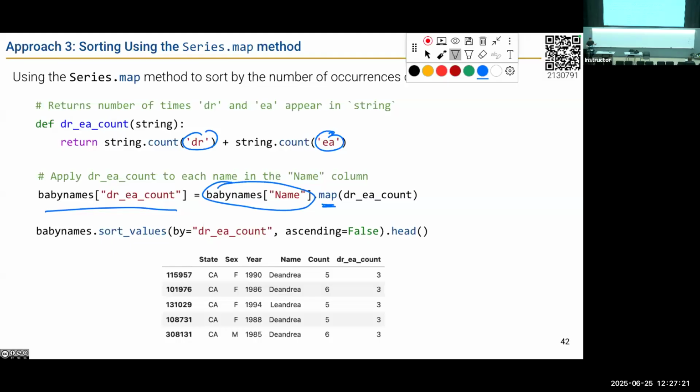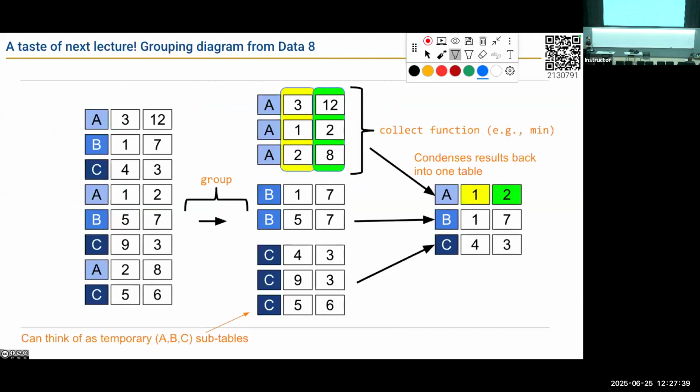And we can see we created a permanent column here. This isn't a temporary column. And now we could sort directly by that new column we just created. It's just a nice little introduction to this .map function. And then also with lambda functions, you might be recalling now, or if you saw it for the first time, totally fine too.